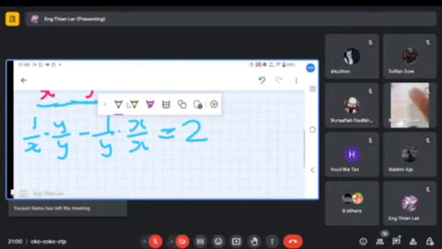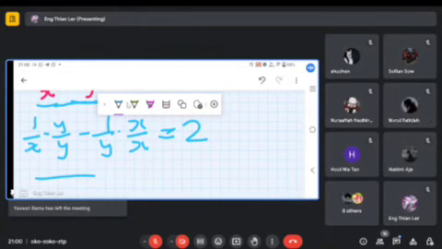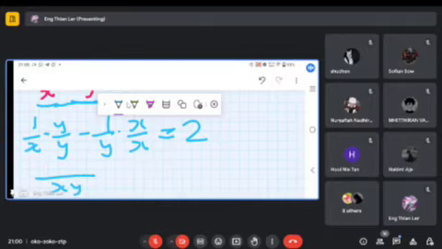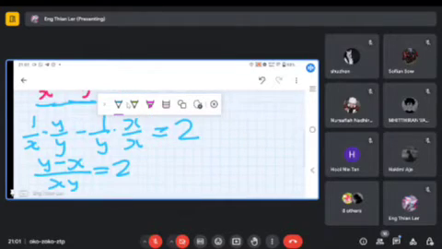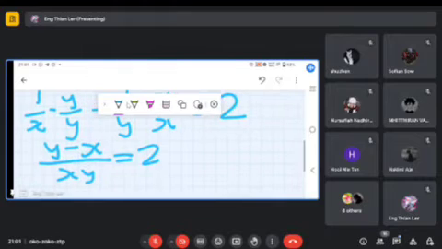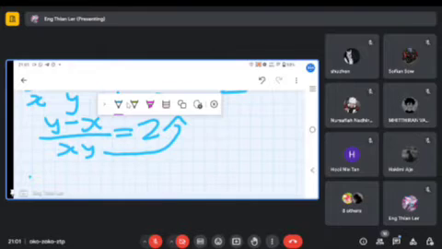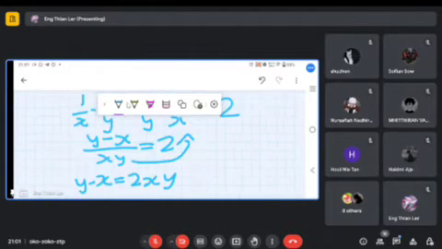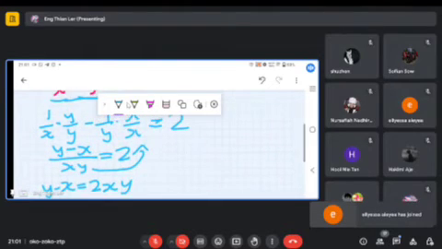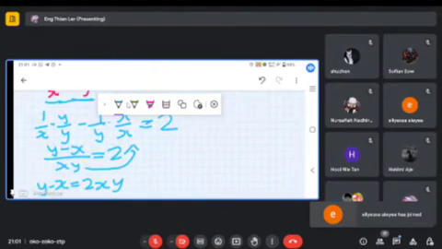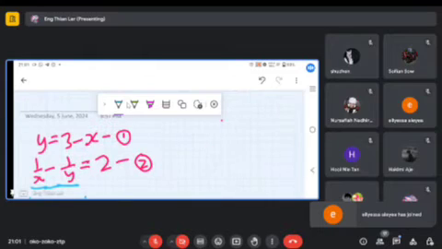So after we get this, we got a common denominator of xy. In the left side we got a y, and the right side we got an x. So we got y minus x over xy equal to 2. So now we need to move this xy to here, and y minus x will be equal to 2xy. So once you see an xy, you know there will be another quadratic equation for us to solve, and we